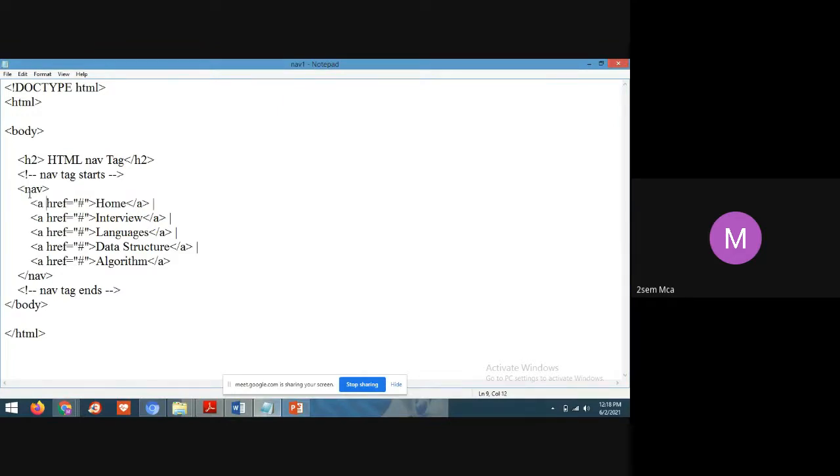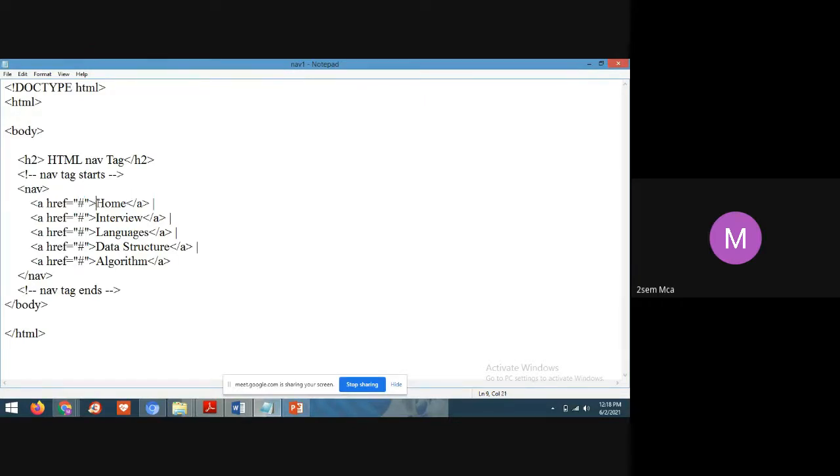See here, this is a navigation tag, and inside it I have used the hyperlink tag. In the hyperlink tag, we write the address of the page to which I want to redirect.